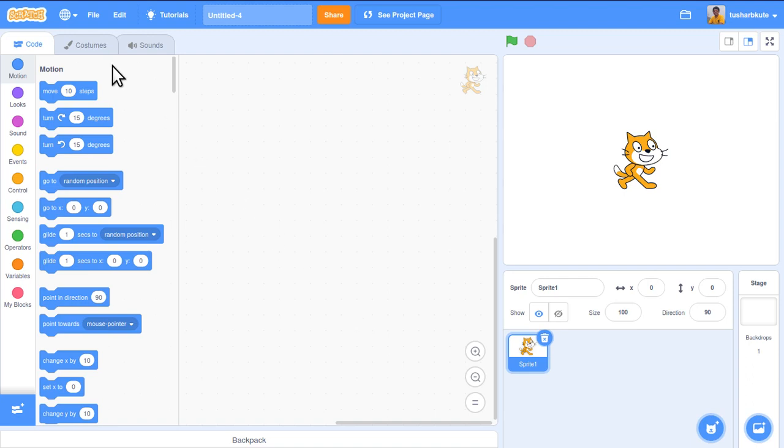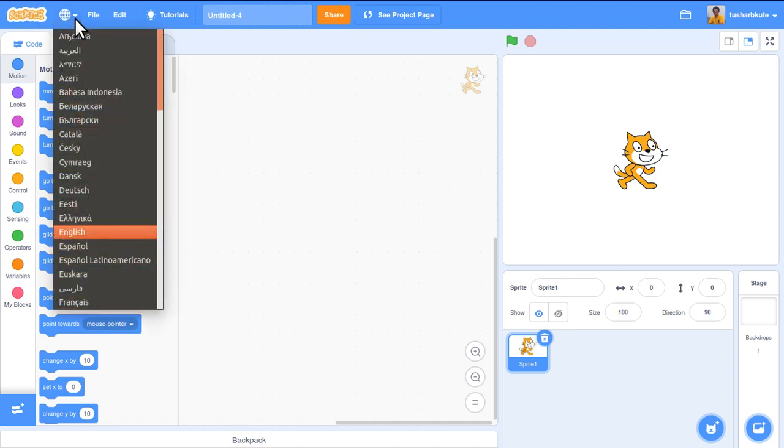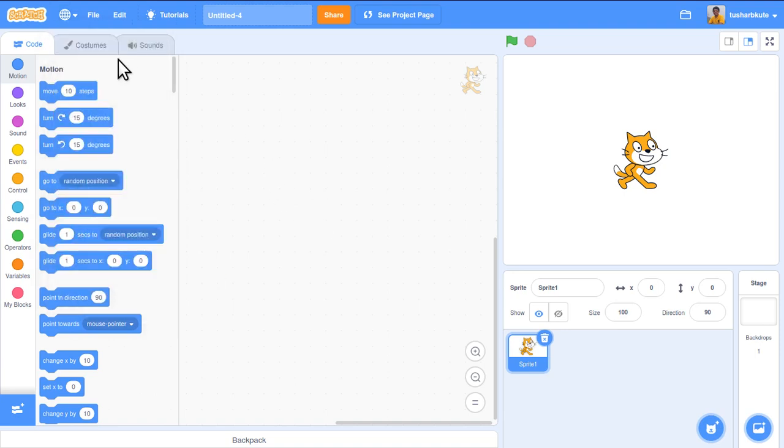Okay, so here we can see the logo of the Scratch. Next to that, we are having one option by which you can choose the language of communication with computer. So the language of programming in Scratch here is English by default. We can change this, but remember, being in India, only English language is available. Remaining other languages of India are not present over here. So English is the most connected language in India among all of these languages present over here. So English is the default chosen language from the list of languages here.